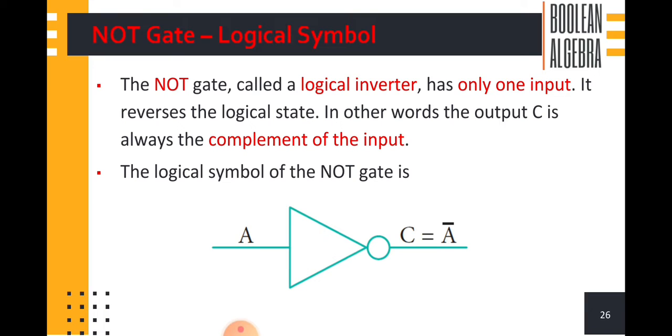But in the NOT gate, we are getting the inversion of the given input. For that we must put the circle symbol. So after the triangle you must put a circle symbol to show the NOT gate. See this figure, this is the NOT gate's logic symbol. We are passing the input A, so the diagram is a triangle symbol, and after the triangle we must include one circle shape. This is used to denote a NOT gate. So C equal to A complement.